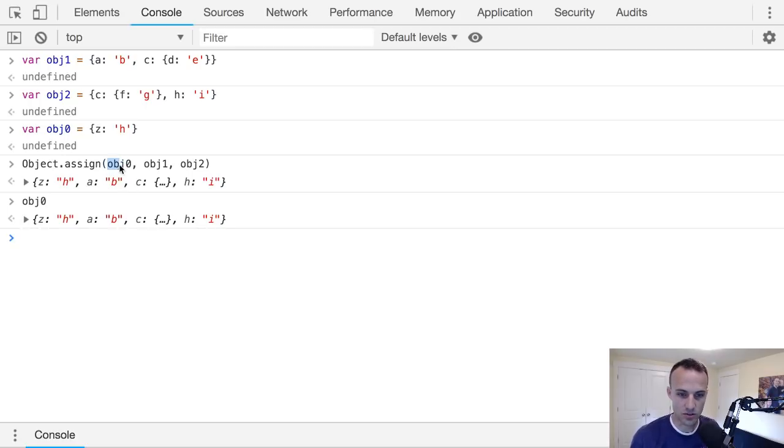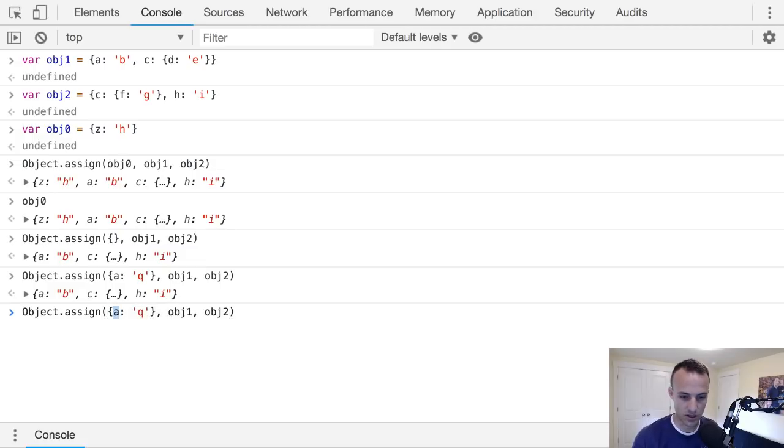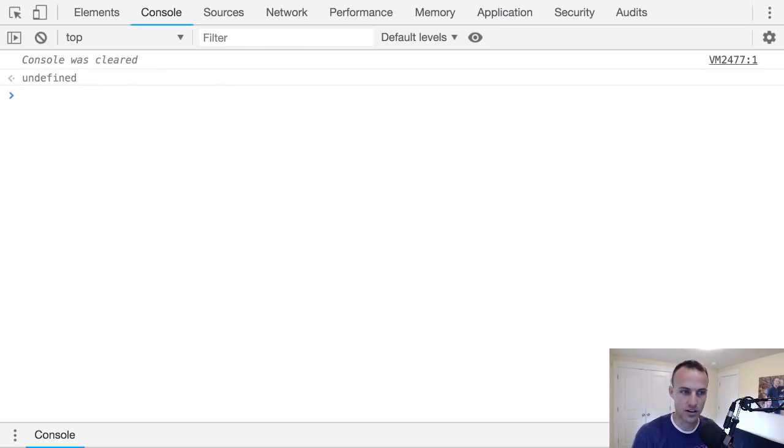If you don't want to assign values to an object, manipulating that object, and you want to create a new one, then the pattern for that is just to put an empty object here. And you can even give some default values. This is pretty common, where it would say like a is q, and if a doesn't happen to exist, then a will be q. Or we could say z is h, like we had before. So that's how Object.assign works,